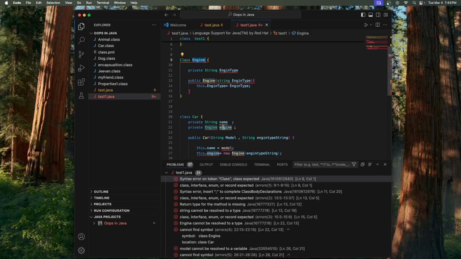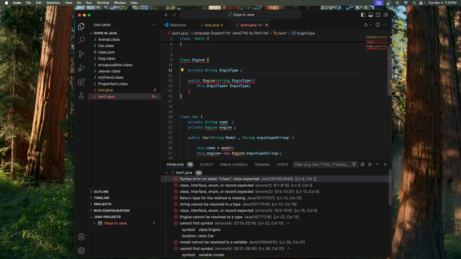Engine cannot be resolved to a type? Why? So this is class engine. Discuss the constructor. Oh yeah, you need to have, oh, let's have a colon here, and then this is my